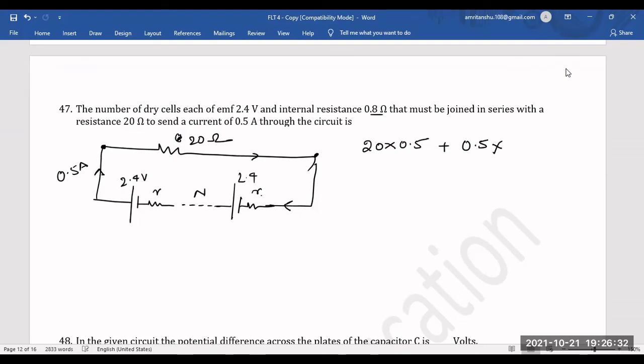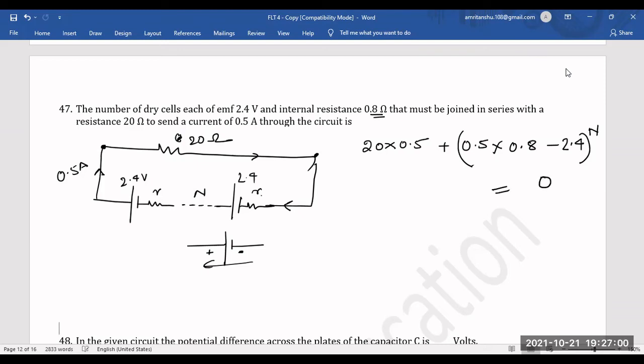Internal resistance is 0.8. Because we are moving like this, we encounter the negative terminal first and then the positive terminal, so it will be minus E, which is 2.4. And likewise we have n such cells, so we multiply this whole term with n,